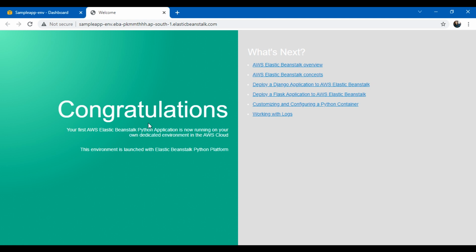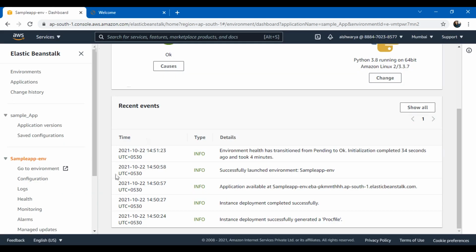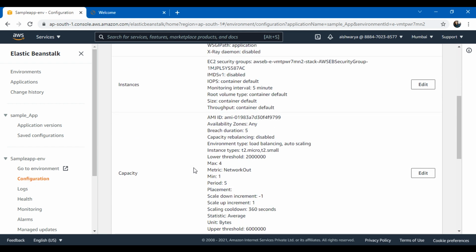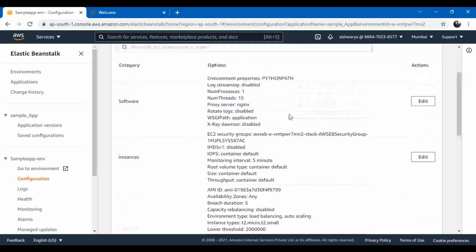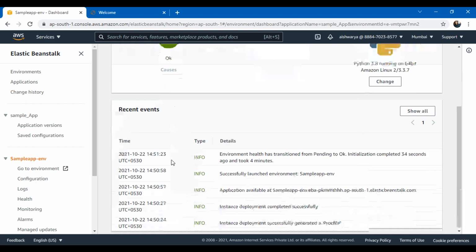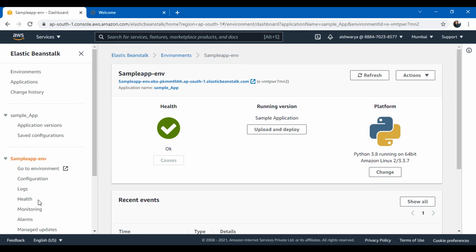What I did here, nothing, I just configured the environment. I need to have the application code with me, upload it, and the entire infrastructure will be created for you like this. Based on what your application needs, it will be created by Elastic Beanstalk, and you can manage everything from this environment itself. From this single place, everything can be managed. So let's move to the next service now.